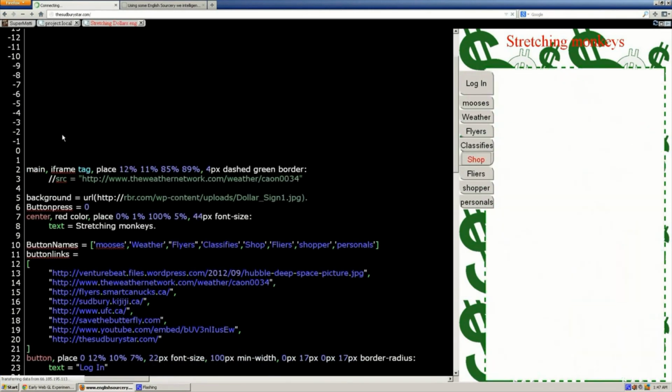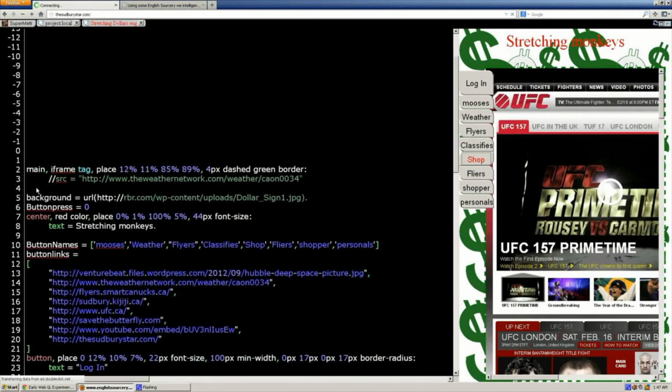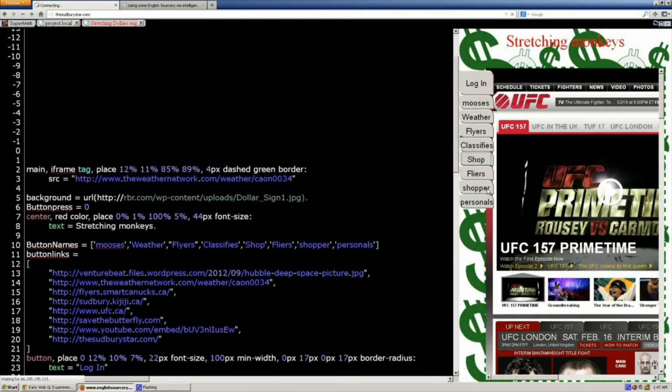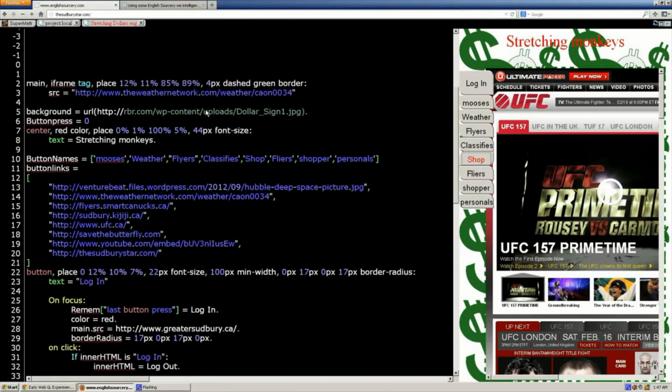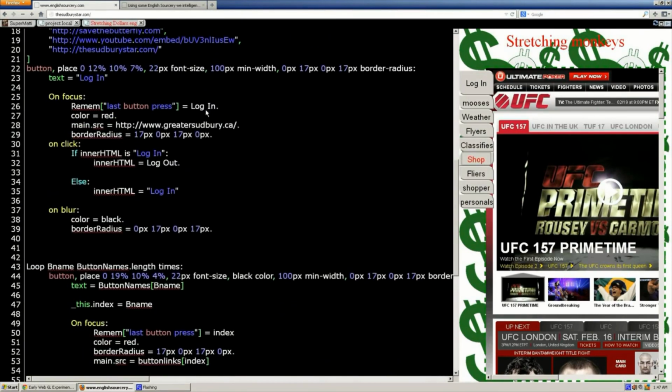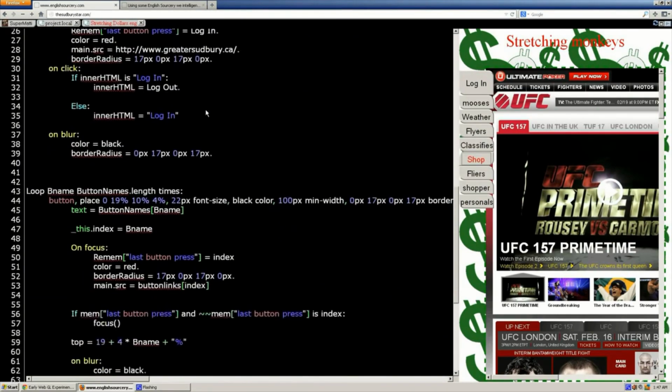You can re-put in line 3 because that would be there. That's like if no one's been there yet, and you can set that as whatever default you want, because it'll set it to that, but then right away it'll check the browser memory as it's creating the buttons, and it'll focus whatever button was pressed last, which will set